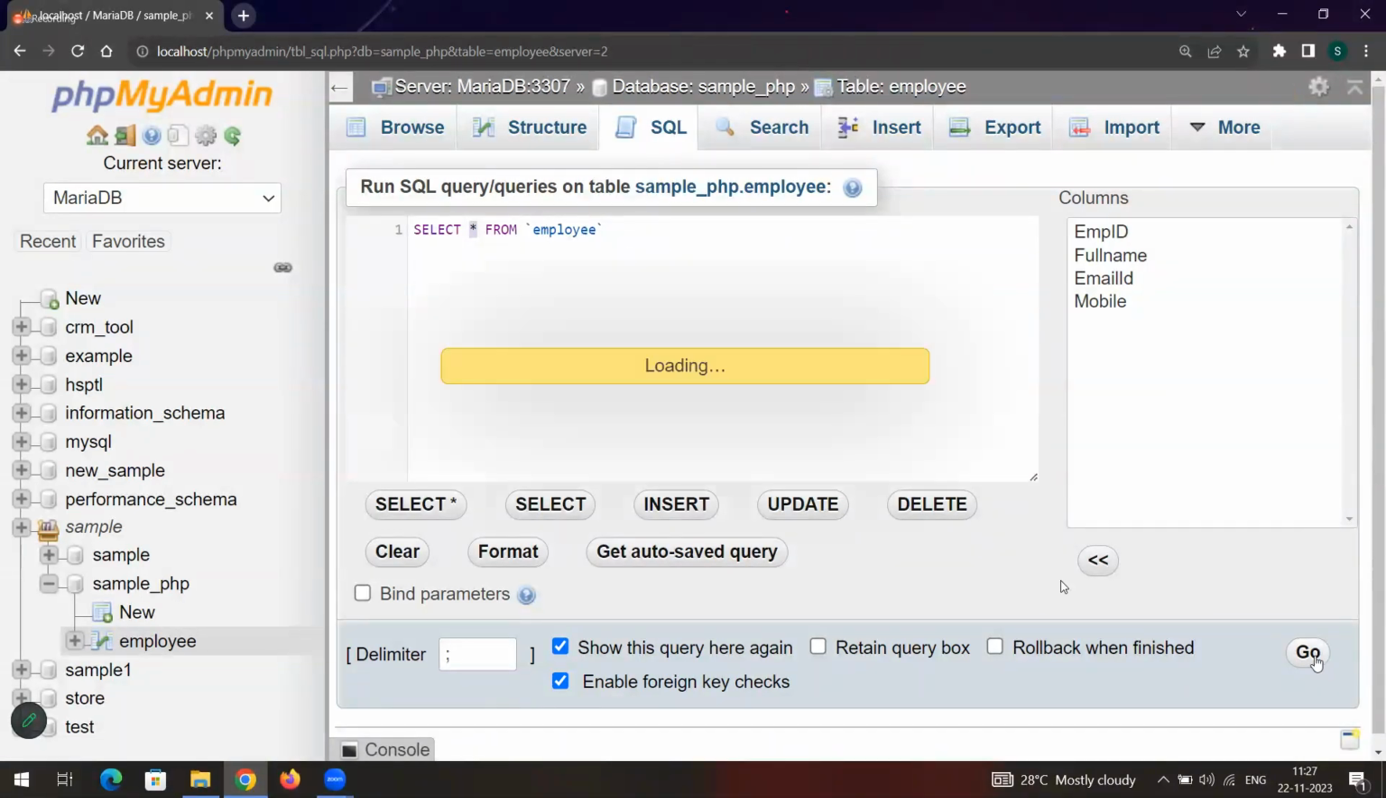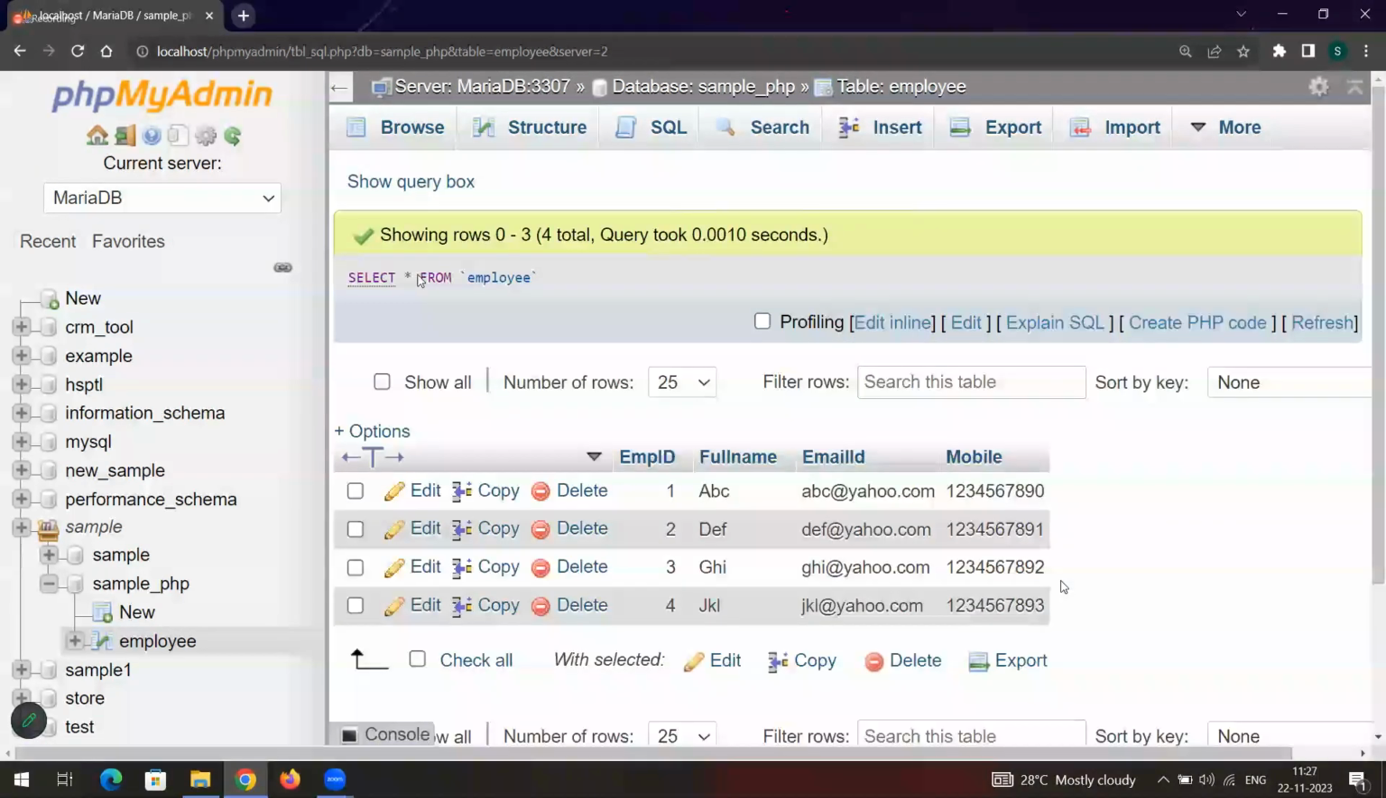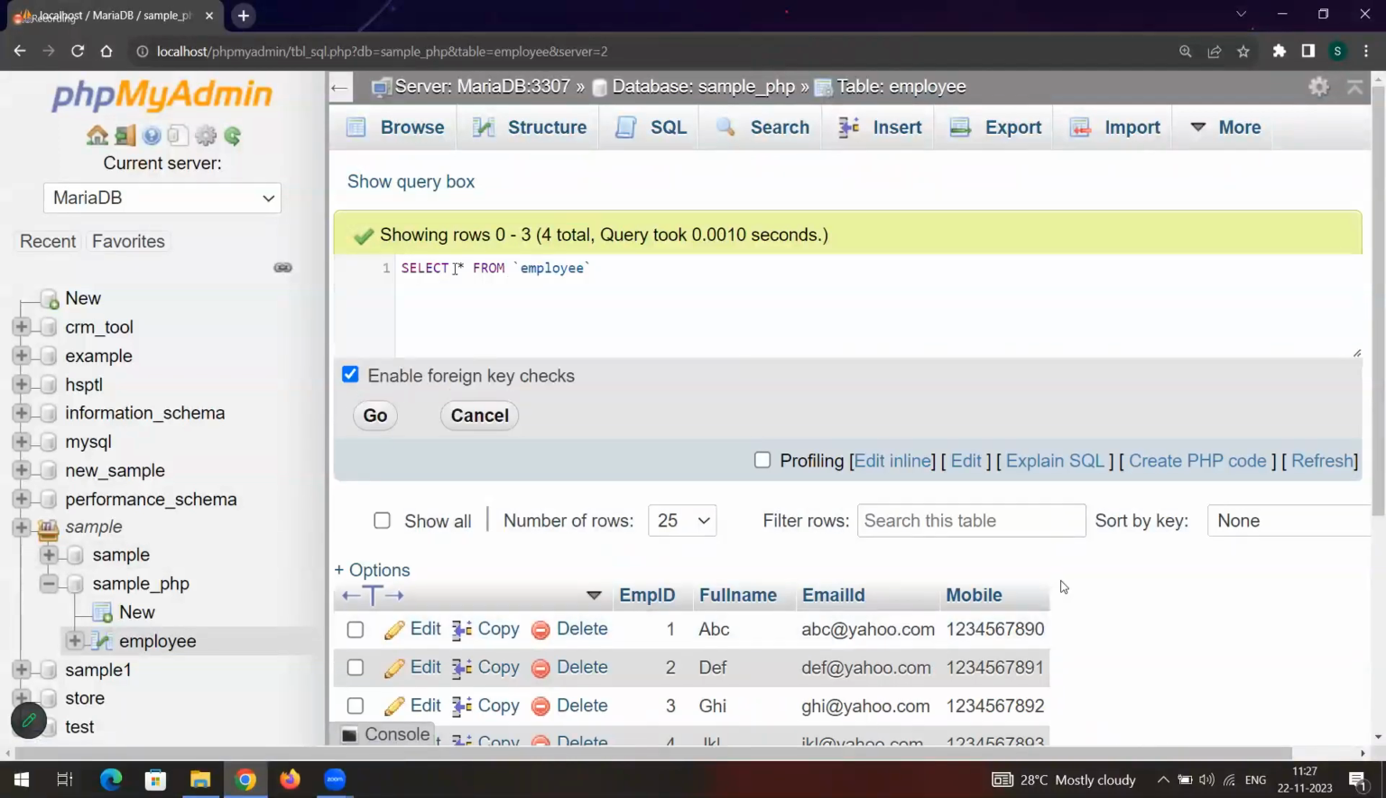Okay, I'm just clicking on go. You can see it is showing 4 total, 0 to 3. So 4 total rows, all the rows it is showing, right? So now the next thing, select